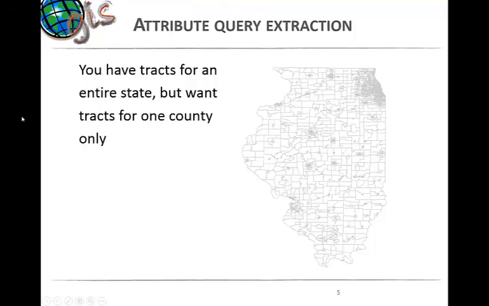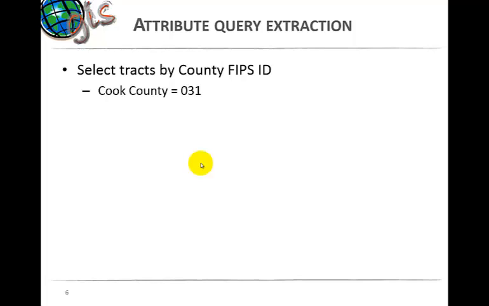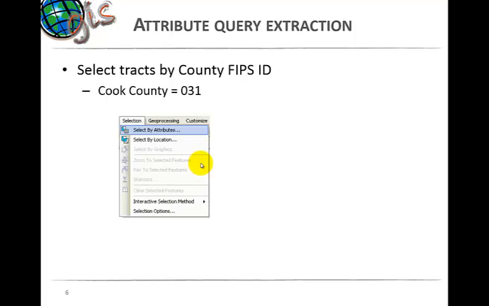It is exactly how it sounds: extracting features based on an attribute query. We have already done some of this before. Let's assume we have the state of Illinois, but we only want data for one county, which is Cook County or some other county. So what we need to do is figure out what field represents counties. If there is a name field, we can just say name is equal to Cook County, or perhaps there is a FIPS code, and the Cook County FIPS code is 031. So we use that to select the attributes,